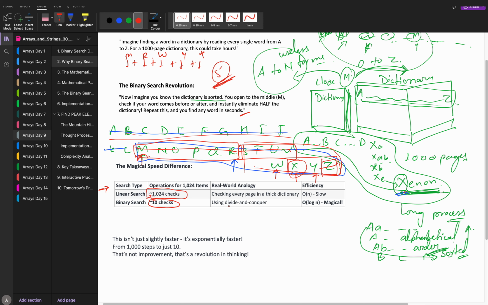So this is more like divide and conquer, you know. Divide and then check. It is a divide and conquer technique which significantly decreases the number of times I am going to check whether I have found my desired item or not. Okay. And it takes order of log n comparisons only. Order of log n is very small compared to order of n. Or you can directly say log n is smaller than n, mathematically. That's how we understand things. That's why I'm calling it magical.